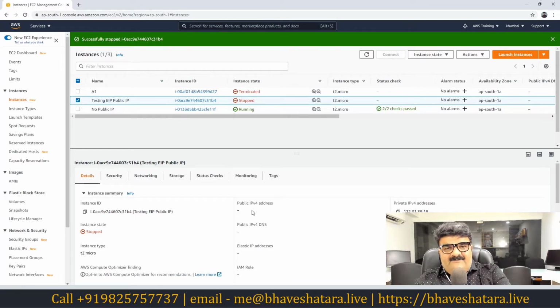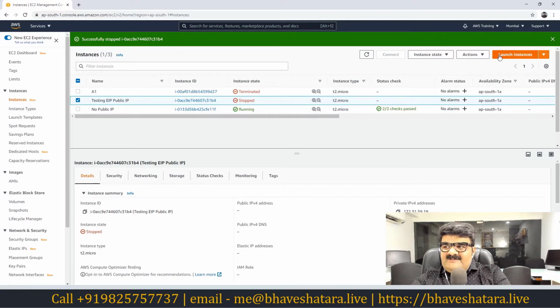Now when you power off, you are not paying anything while your machine is powered off. So at that time they take their public IP back. Now what happens when you start your machine again, you will get a different IP.